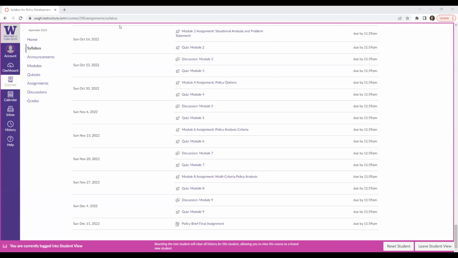We get hundreds of emails every day, and when we get an email that says, I need help on this assignment, we first have to figure out what course the assignment is even in reference to. So when you email us, please be sure to reference what course you are asking about, and what assignment you're asking about if you have a specific question about an assignment.